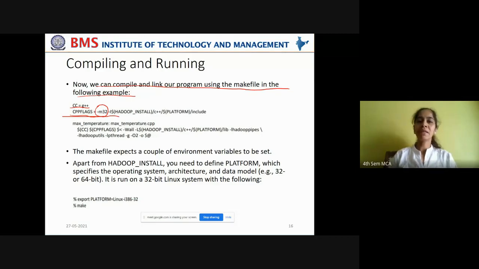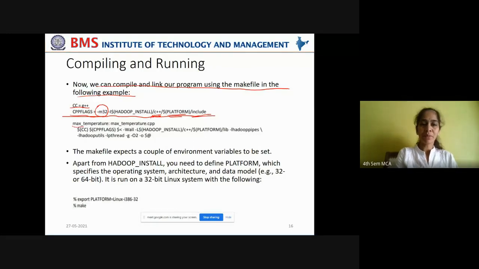Here we are assigning this task to 32 map jobs, meaning 32 data nodes to run as 32 map jobs, and it expects the type of platform on which this MapReduce job has to be run. So you're using Hadoop install C++ and which platform it expects, whether a Unix platform or a Linux platform, that has to be included.